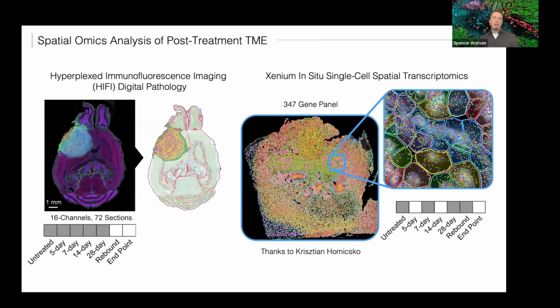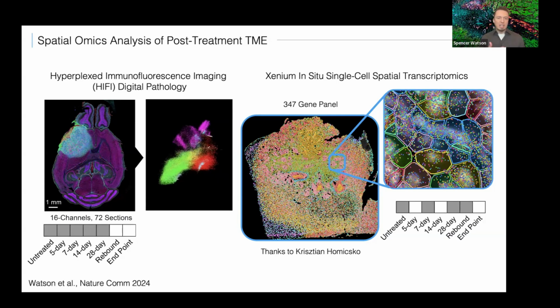So we turned to a couple different spatial omic approaches. And for one, we did spatial proteomics using a variant of cyclic immunofluorescence that we developed for this project, and that's called hyperplexed immunofluorescent imaging, or HiFi. And in addition to HiFi, we developed a digital pathology workflow that included machine learning annotation of all the different structural features in the tumor. So regions of fibrosis or vasculature, necrosis, the leading edge, so that when we assess the individual single cells in the image,